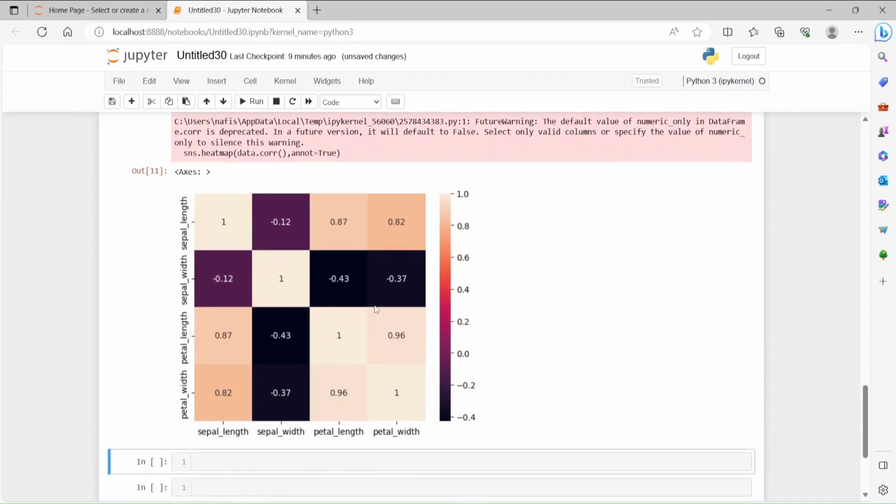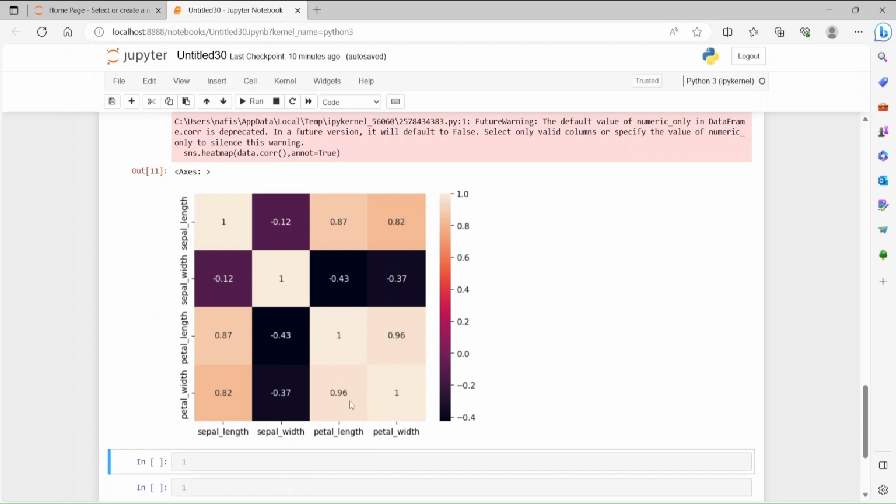Okay, so you can see there are some highly correlated values. Petal length and petal width are very much correlated. The max value can be one, as you see, these are the correlation with itself. Okay, the mutual correlation. So you see sepal length right here. All these diagonal values are correlating with itself, and this is giving you the max